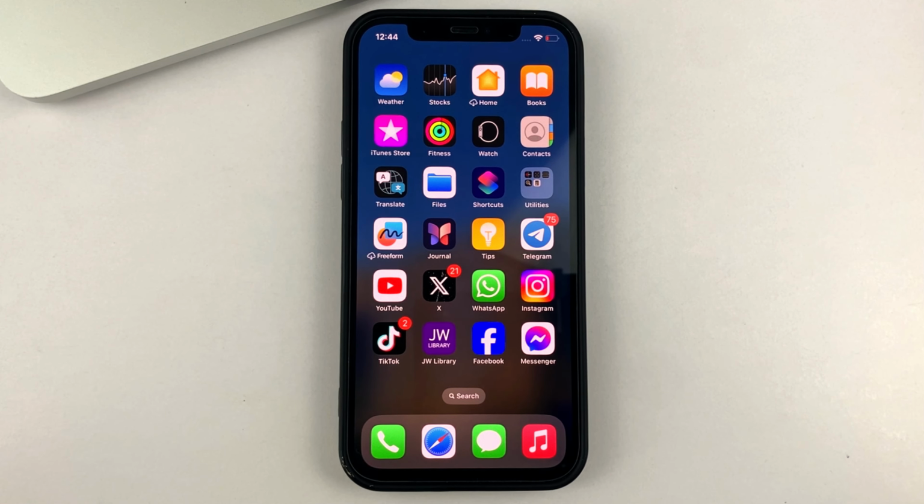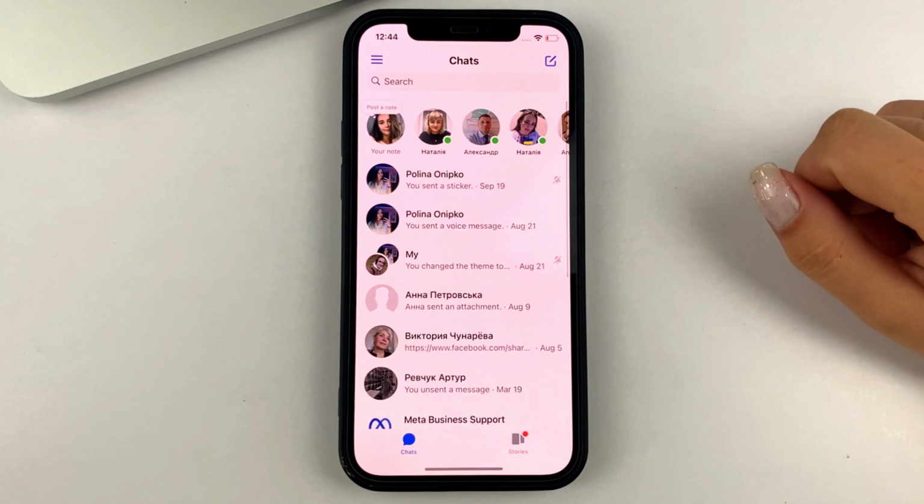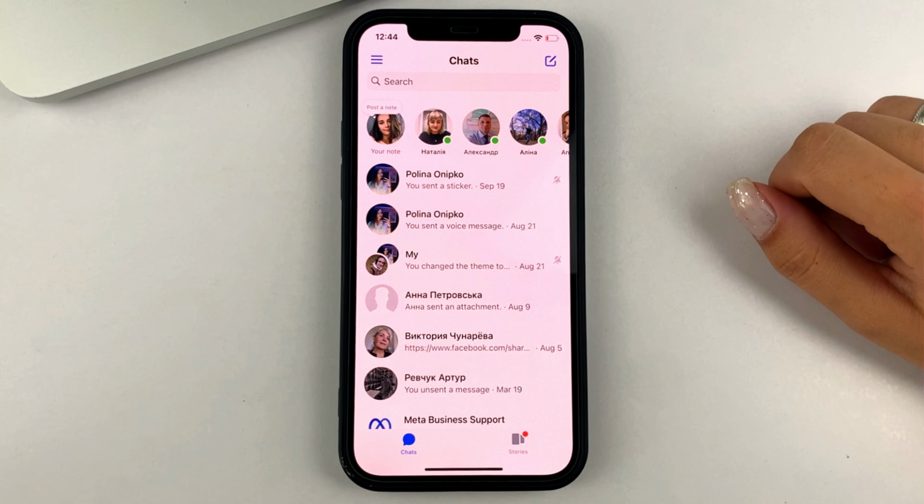So, friends, first of all, please open the Facebook Messenger application and then go to the conversation or group where you have the poll that you created. And as you can see, you can easily find such a poll. And if you click on it, the only thing you can see is the answer choices, who responded, the statistics of your survey, and you can add some more answer choices if you want to.